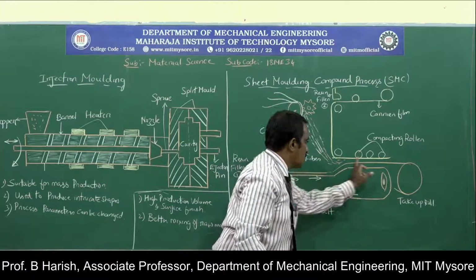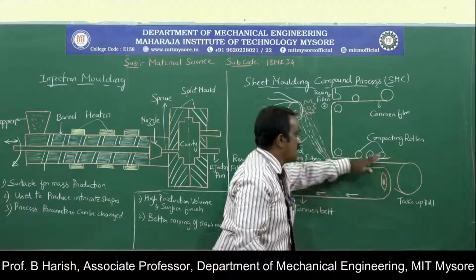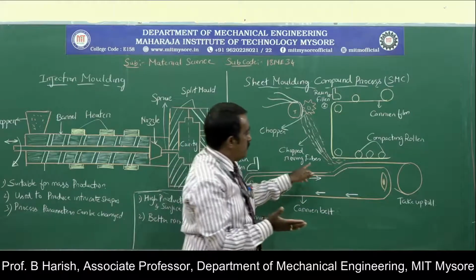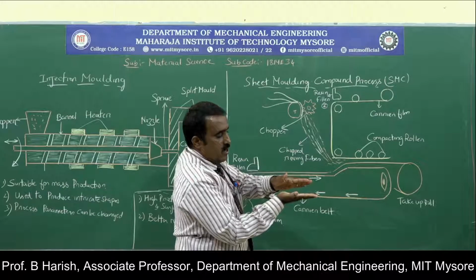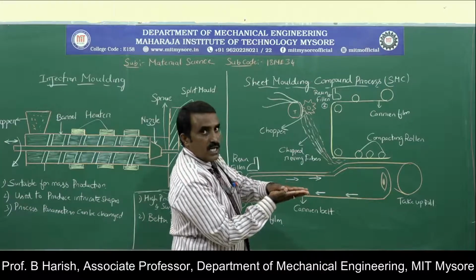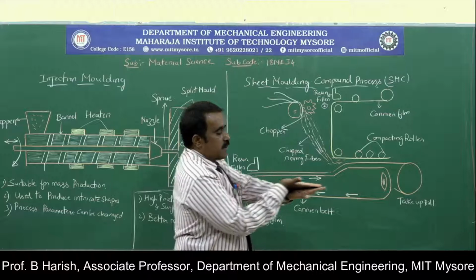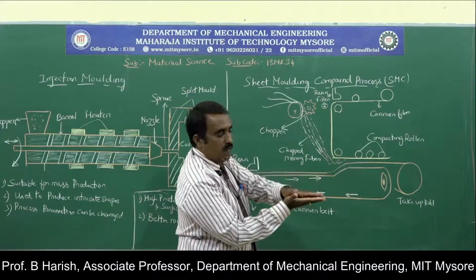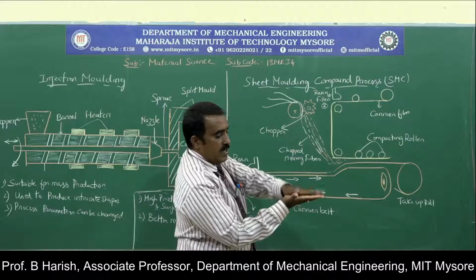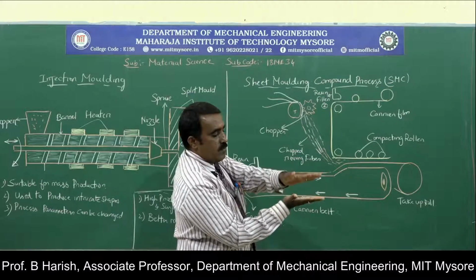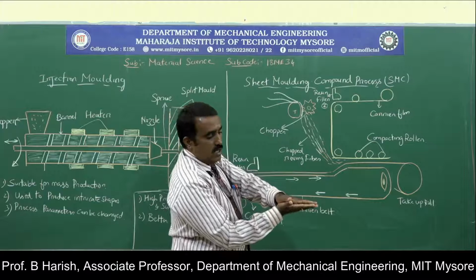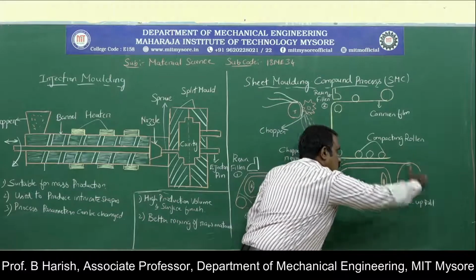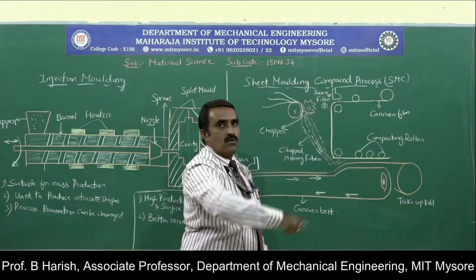It moves over this portion and by the time it reaches here, we will have compacting rollers. As it passes here, it will have 3 layers. Bottom one will be resin, intermediate will be reinforcement, then once again resin. As it reaches this end, the rollers will apply the pressure. It gets compacted, and once compacted, it gets bonded. The matrix and the reinforcement material get bonded, and it comes out and is wound over this roller. Automatically it gets wound over the roller.